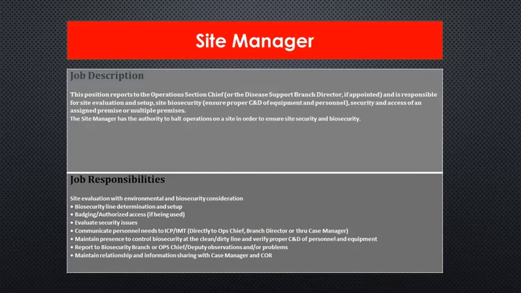biosecurity are maintained. The job responsibilities are to do a site evaluation with environmental and biosecurity considerations, to line up the biosecurity line and set everything up, to also be in charge of badging if we're using it, and to also evaluate security issues. They communicate the personnel needs to the incident command post or the IMT, to either the ops chief or the deputy ops chief or branch director, and communicate with the case manager if they're both on